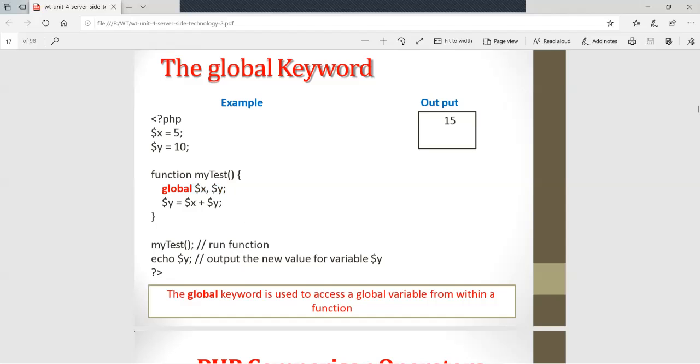It is different from variables. So global means x is globally declared, y is globally declared. x plus y is again assigned to the y variable. x is 5 plus y is 10, which equals 15. So when we display y, it will be 15.